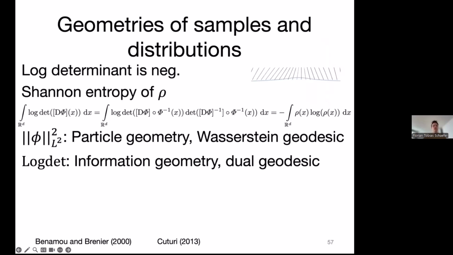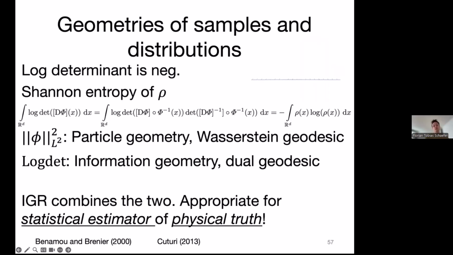And now basically what information geometric regularization is doing is combining the geometry that's induced by, if you will, particle motion with a statistical geometry induced by the Shannon entropy of the particle distribution. And the idea here, or in my opinion really the bigger picture, is to remind ourselves that this mass density has, in some sense, this